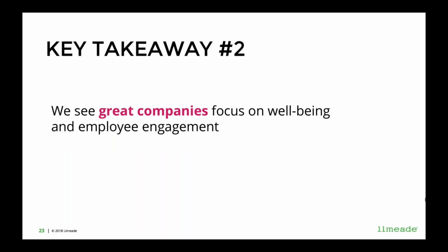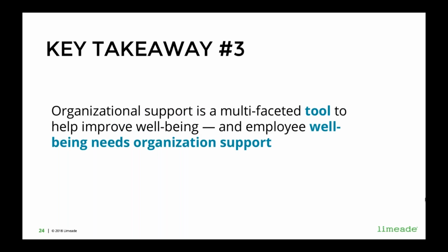The next one is the great companies are really those who don't just skip to engagement, but they also focus on well-being, that at their heart, at their core, they authentically care about people as people. And then organizational support, you could think of it as a tool, right? Think about all those different 8 components that I went over fairly quickly, but how do you use those different levers to make this feel very authentic and to make it feel